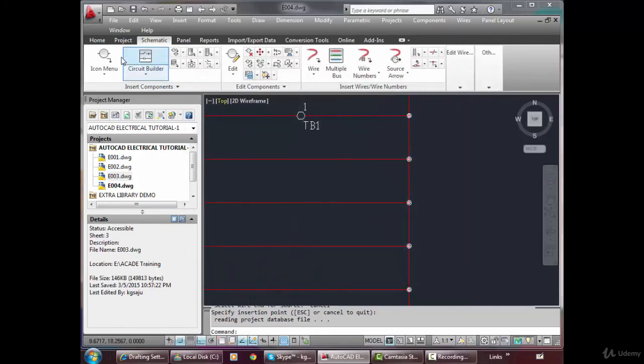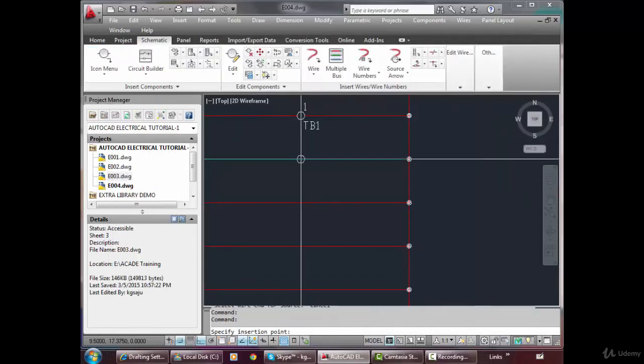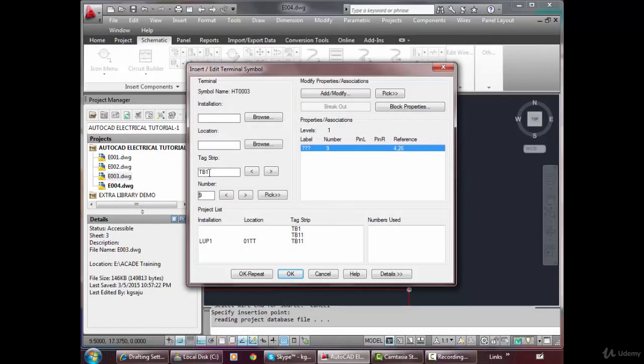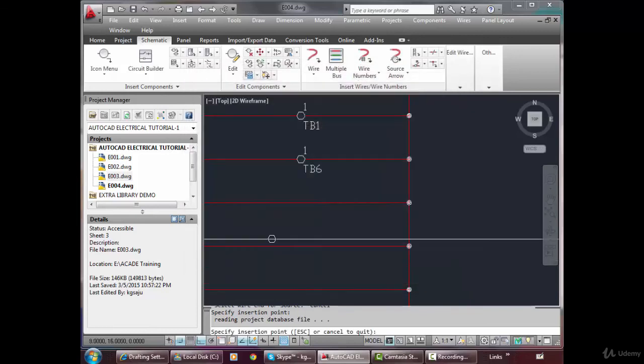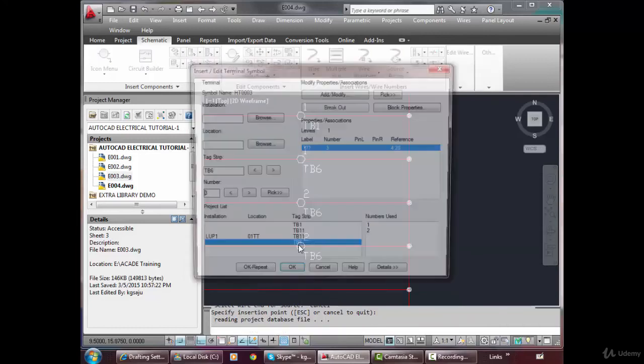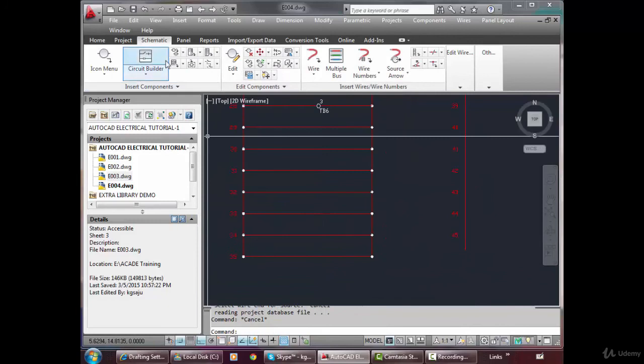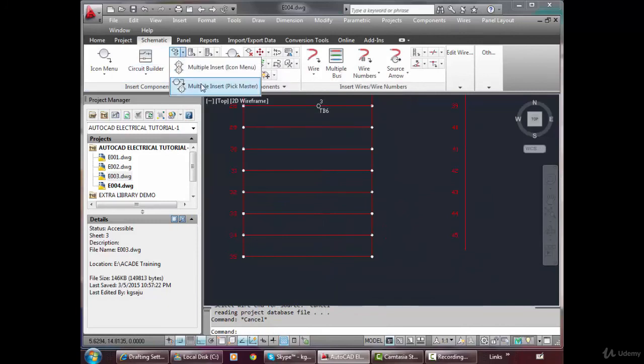So instead, if I put some other tag name, let us say TB6 and 1, repeat. Now it will come TB62. See, TB62. Repeat. TB63, right?